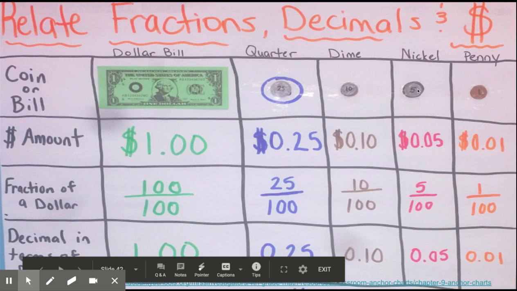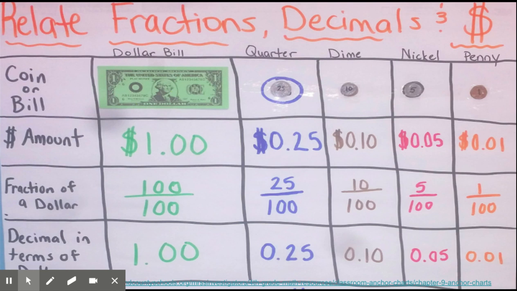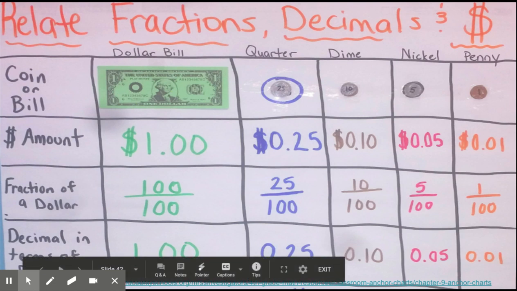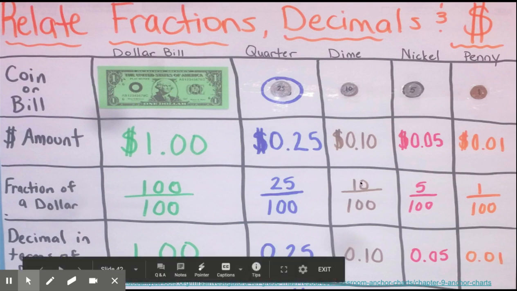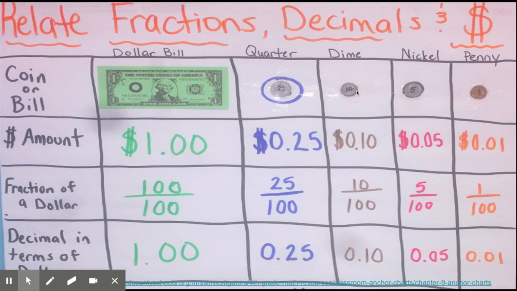So here you have a nickel. Nickel means you're going to have a 5 in the 100th spot, as you can see by the decimal notation, the fraction notation, and the decimal money notation here. Dime, there are 10 dimes in $1, so it's 1/10. So you put a 1 in the tenths. You can put a 1 over 10 or 10 over 100, or even again a 1 in the tenths or